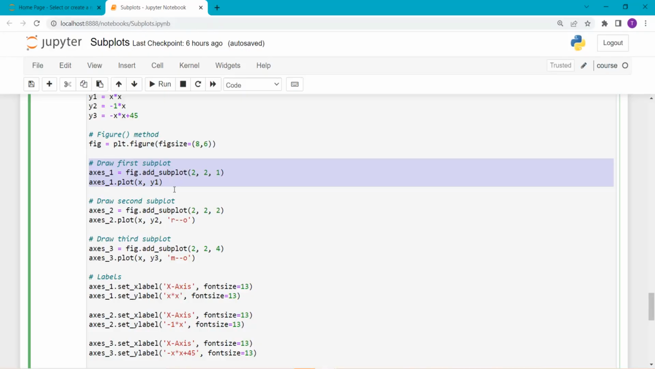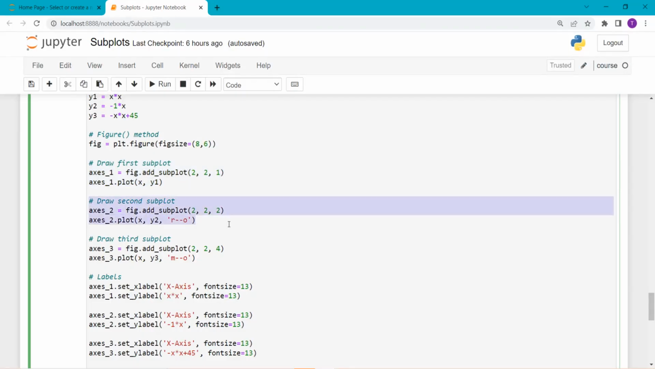So I call a plot function and pass x and y1 value to it. After that, to create a second plot, I once again call the add_subplot function, and this time I pass row value as 2, column value as 2, but the fignum value as 2 instead of 1, and I assign axis_2 as a variable to it. I call the plot function with reference to the axis_2 variable, and I pass x and y2 as parameters to create a line chart between x and y2,